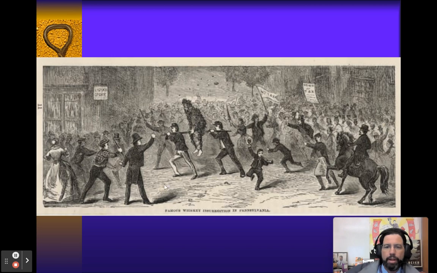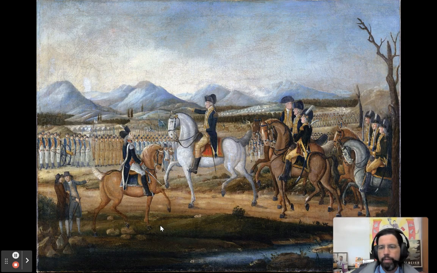Unlike Shays' Rebellion, this time, though, we actually have a United States military. And the military under George Washington, who personally goes out, confronts the rebellion out in the countryside, and eventually successfully puts it down, showing again that the unity that the United States government brings under the US Constitution works. And going forward, we have a much more stable government.